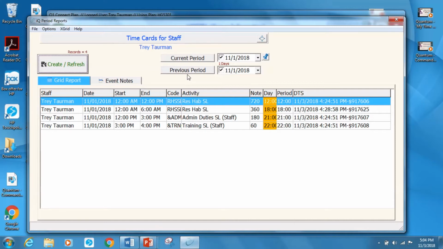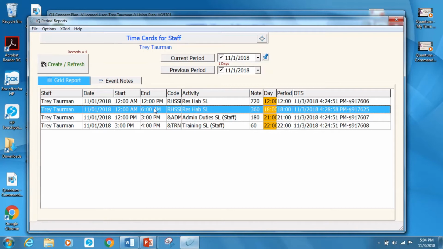Because the only time that you run the risk of having a self-overlap is when you do have multiple houses within a day. So in this instance, it is showing up on this report, which means it's a locked map, but I'm not going to be paid for 12 hours here and then 6 hours here. The 6 hours is going to have to go because I'm not going to be paid for it. But again, it's a locked map, which means I can't do anything with it. So at this point,